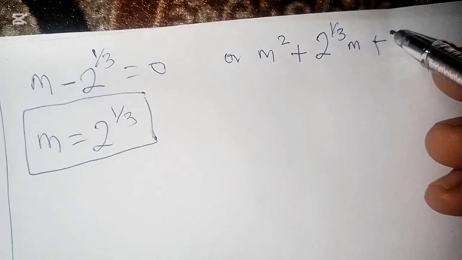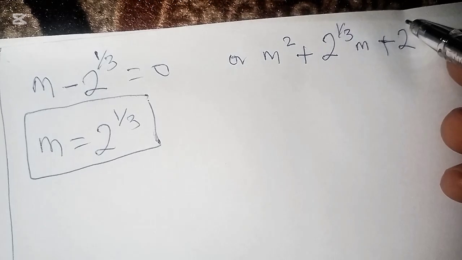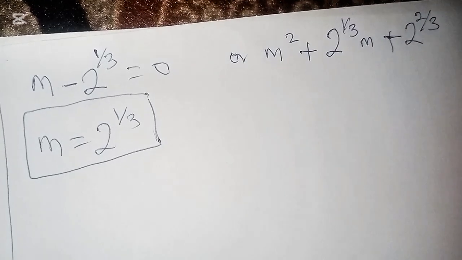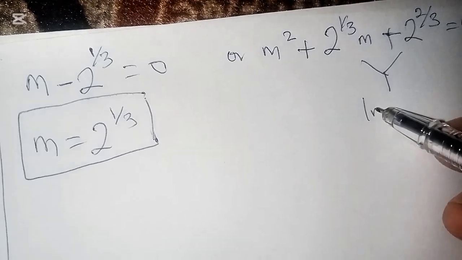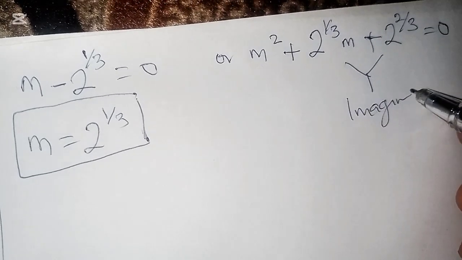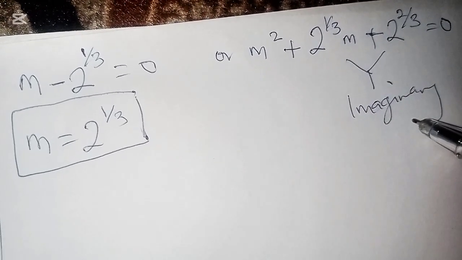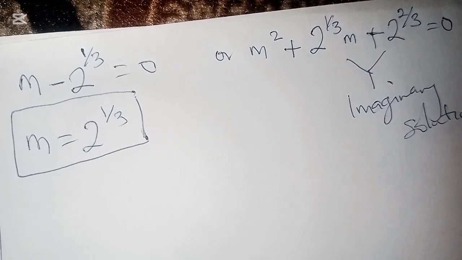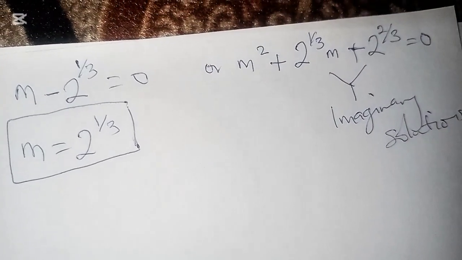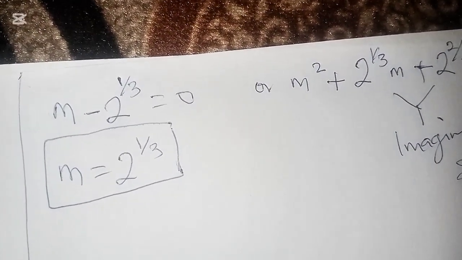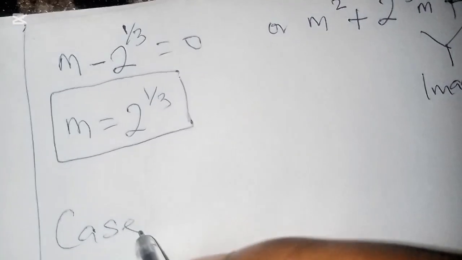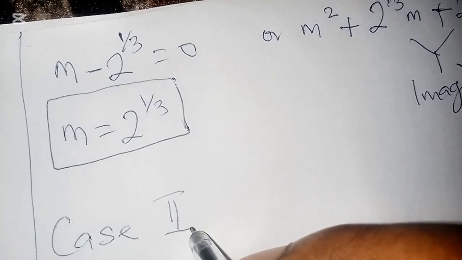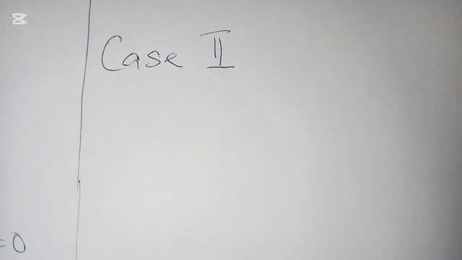And remember from the question, they said real solutions. They do not want imaginary solutions. So the equation on my left hand side will definitely give us two imaginary solutions. So we are not going with that. We're going to leave it and move to the next case, which is case 2,